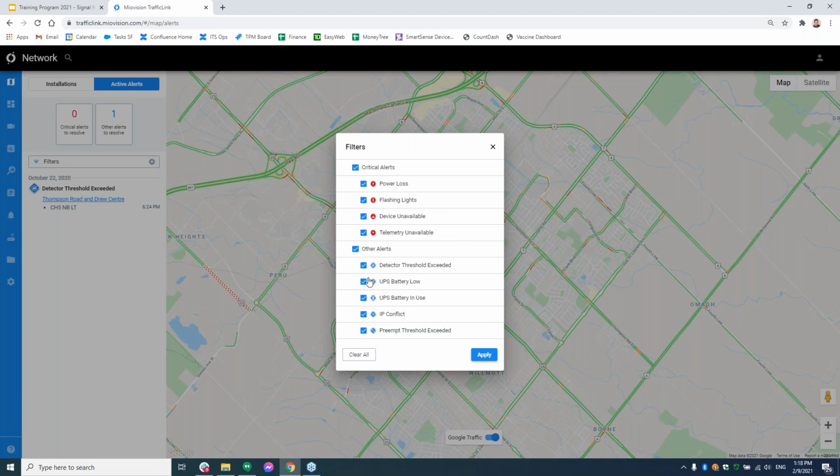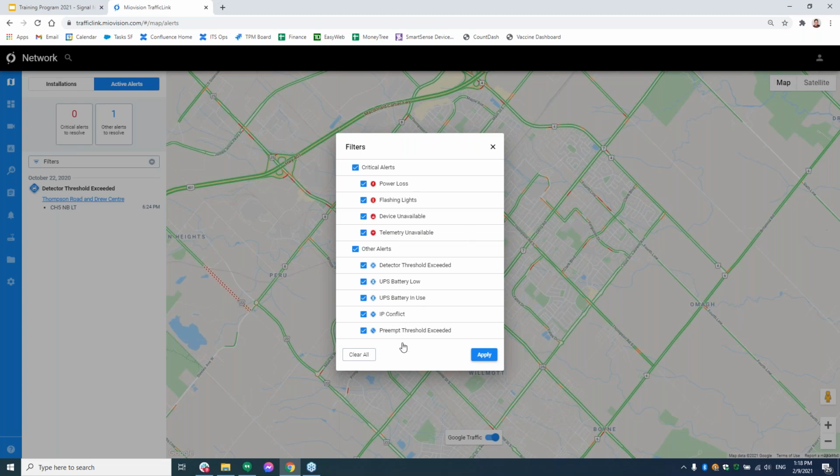So if you plug in a new device to your network and it's a shared network with the city infrastructure, you want to know if you're conflicting with another device, because then your connection will be kind of random at best, and you'll get some data but not all the data.